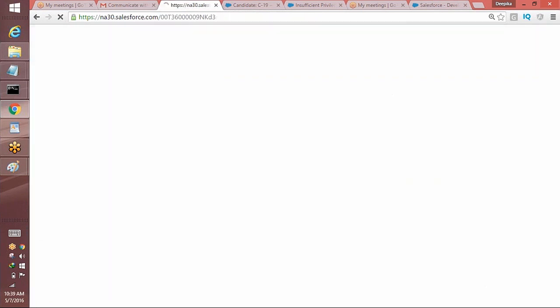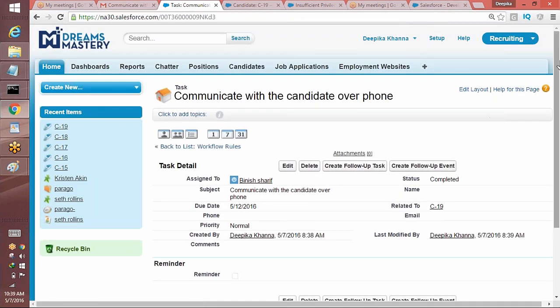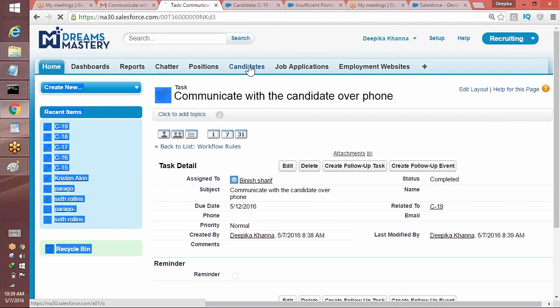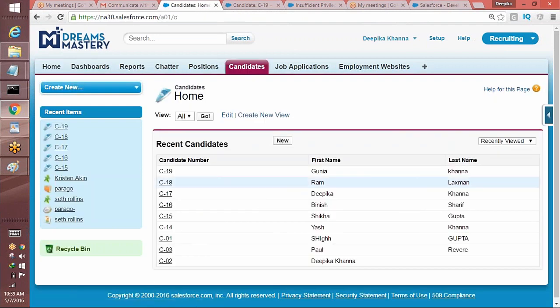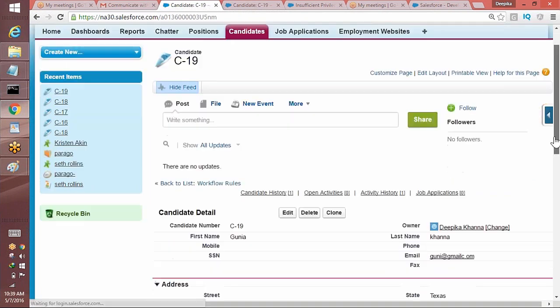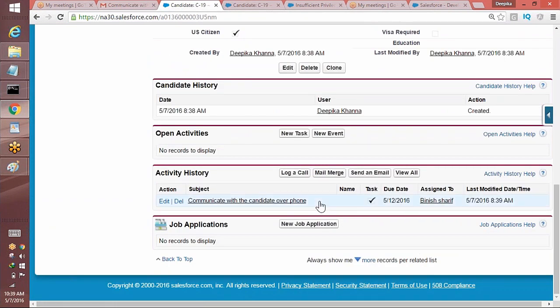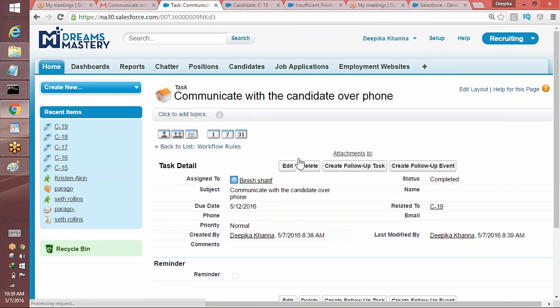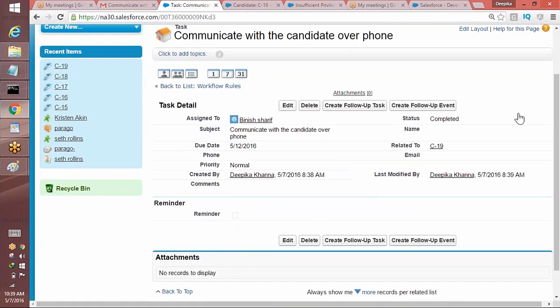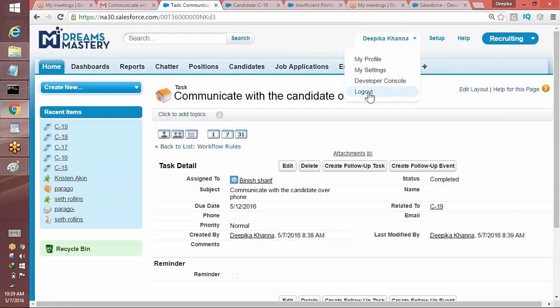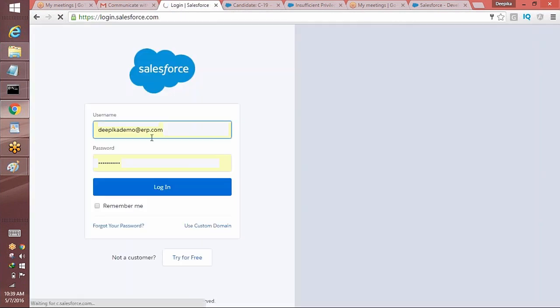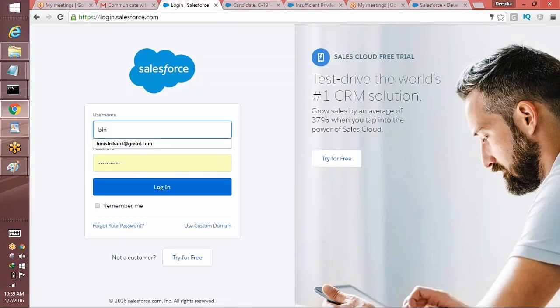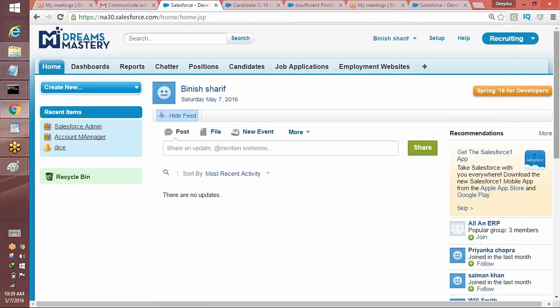So what will happen is, when Deepika logs in, she will know that this particular task has been finished. If you go back here and go to this particular candidate information, you will see that the status has been updated to completed. Now, if you log out and log back in as Binish, in the task history you will see the task assigned to her. So if you log in and go to her dashboard,